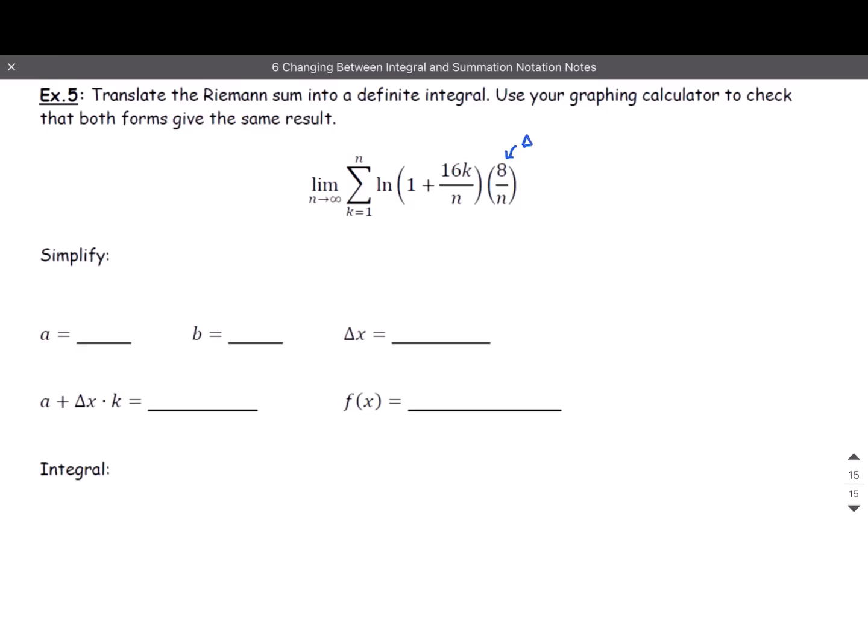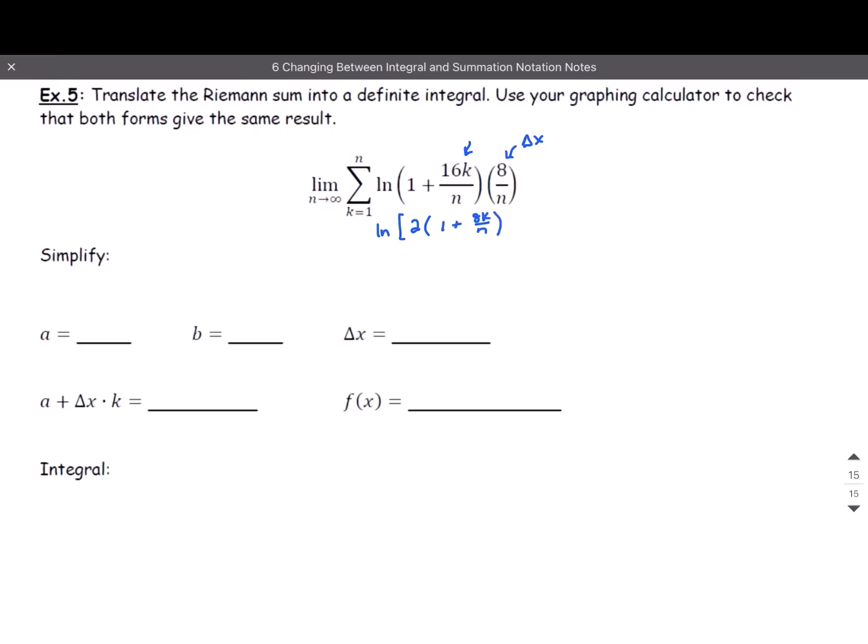That 8 over n is our delta x. But this is not delta x times k. So we need to manipulate this a little bit. So I'm going to bring down here the natural log of, and I'm going to leave some space because I don't know what I'm going to do. I know if I have 16k over n, I need to factor out a 2, right? If I factor out a 2, that'll give me 8k